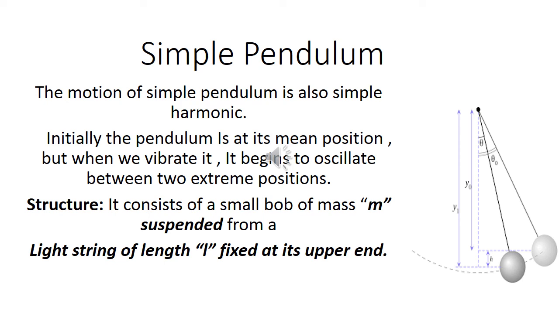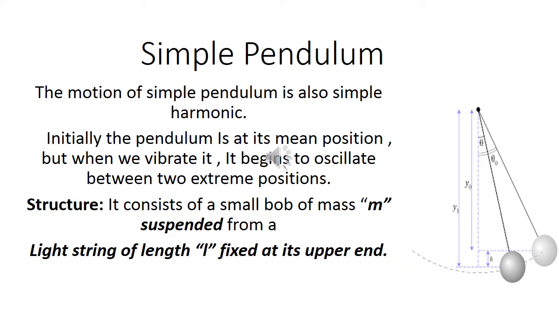Okay students, now we have to see another example of simple harmonic motion, which we will see with the help of the motion of a simple pendulum. You know what a pendulum is? A pendulum is a bob of some mass which is hung with an inextensible string. Why is it hung with an inextensible string? Because its length cannot be increased or decreased.